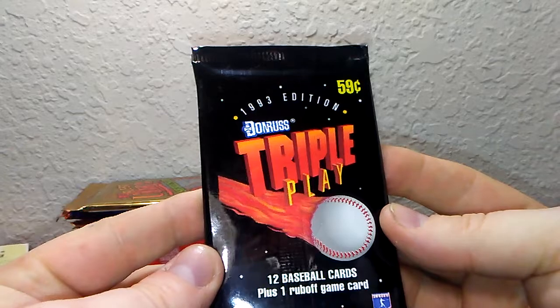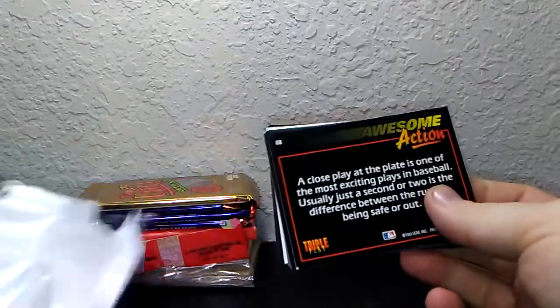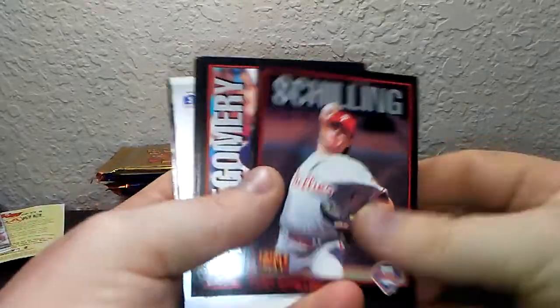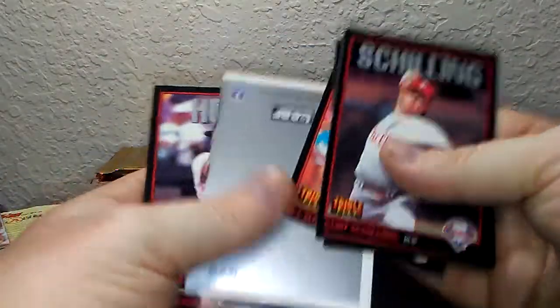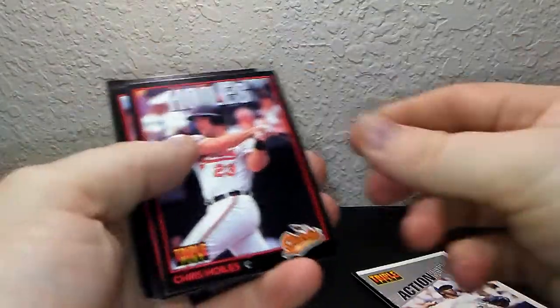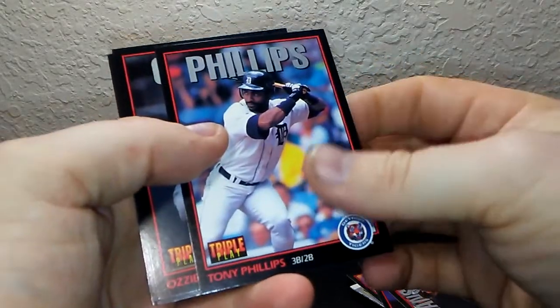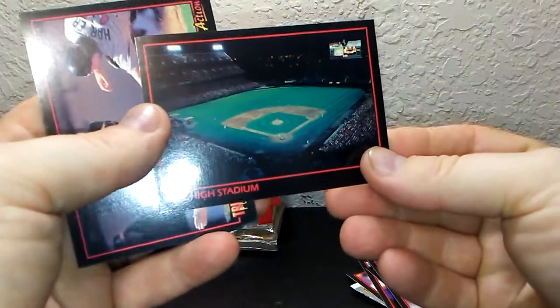This one here is the 93 Donruss Triple Play. Did pick up several of these back whenever they were out, but don't have too many left. Got a Curt Schilling. Let me see if I can move my camera down a little bit. Here we go. Jeff Montgomery, Al Martin, BJ Surhoff, in action ALCS versus Chris Hoiles, Mark Grace, Tom Brunansky, several that I see already that are good TTM cards. So Tony Phillips, Ozzie Guillen, Orel Hershiser, Mile High Stadium,